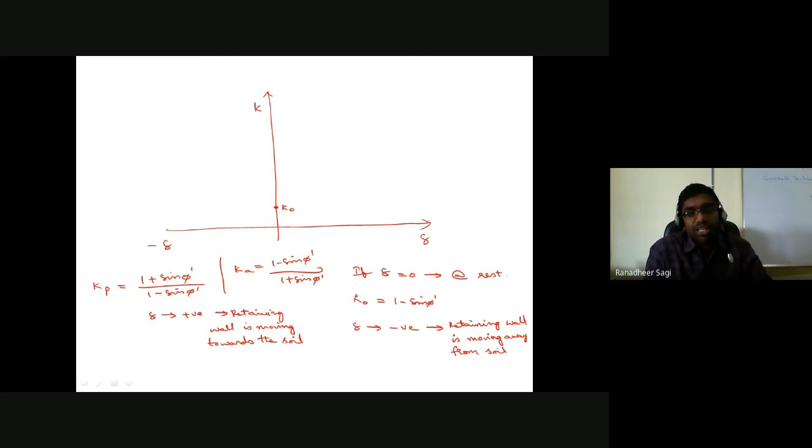So Ka is 0.33, K0 is 0.5 and Kp is 3, which indicates that Ka is always less than K0, and K0 is always less than Kp. Hope I made some sense in this particular statement. Whenever you are talking about earth pressure, active earth pressure is going to be less than the at rest earth pressure, which is less than the passive earth pressure. Sir, how do I say that?